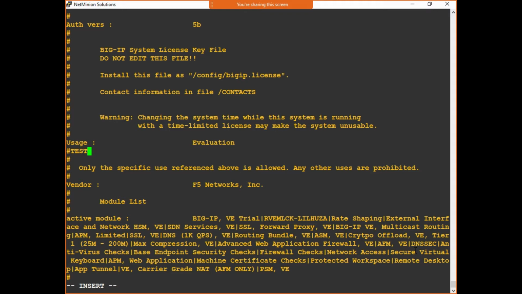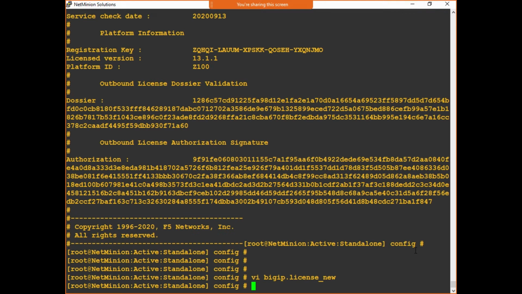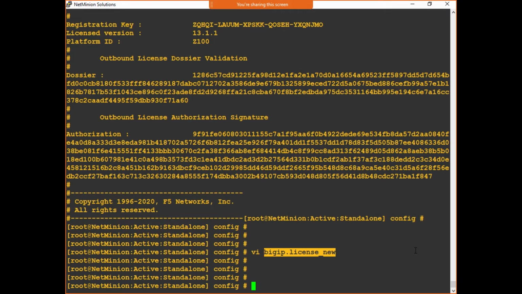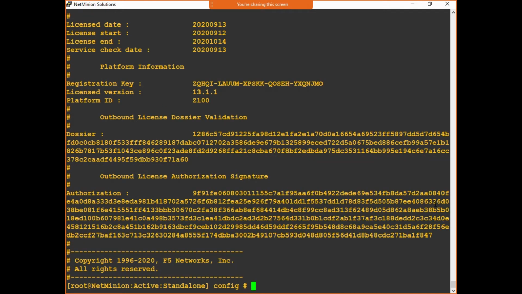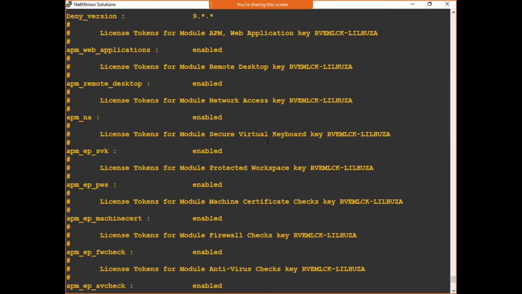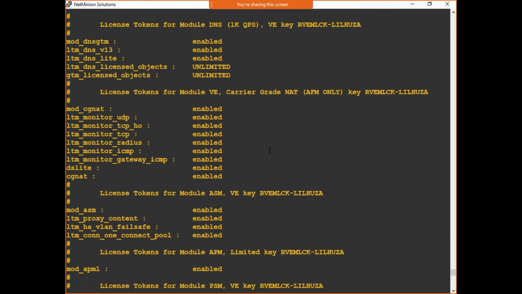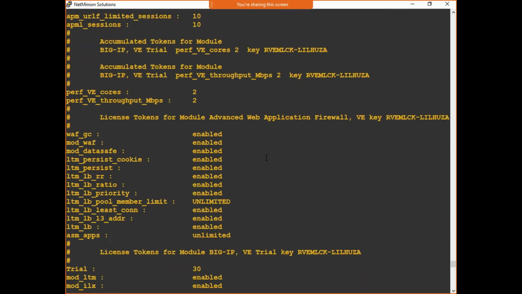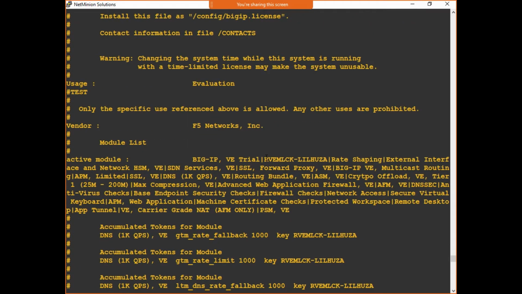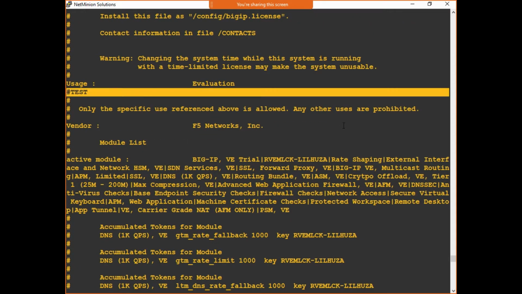Okay, and then I need to press escape, and after escape I need to write colon and then W and Q. So WQ means I am quitting, but after writing it, add an exclamation sign and press enter. Now if you see this file again, you will be able to see that the comment which you have added should be over there. So you added where? Can you see test? You added this test after the dollar sign, hash sign. So it is showing you that.